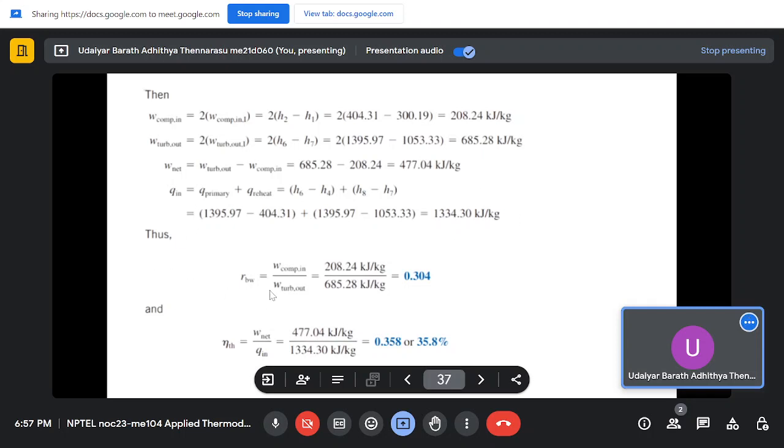Thus your back work ratio is compressor in by turbine out, which will be equal to 208.24 kilojoule per kg divided by 685.28 kilojoule per kg, which comes out to be 0.304, and the thermal efficiency here is W net by